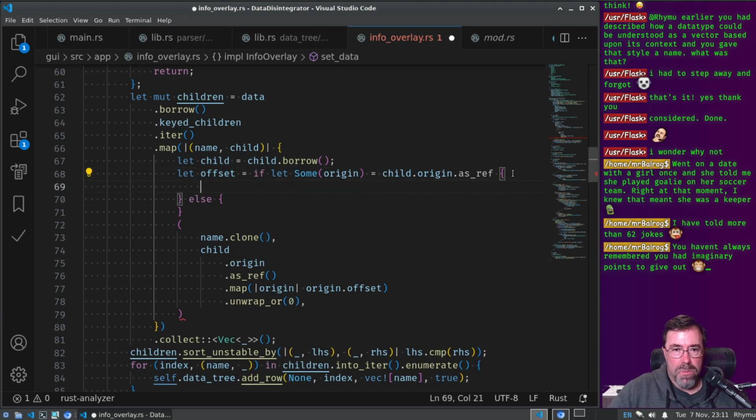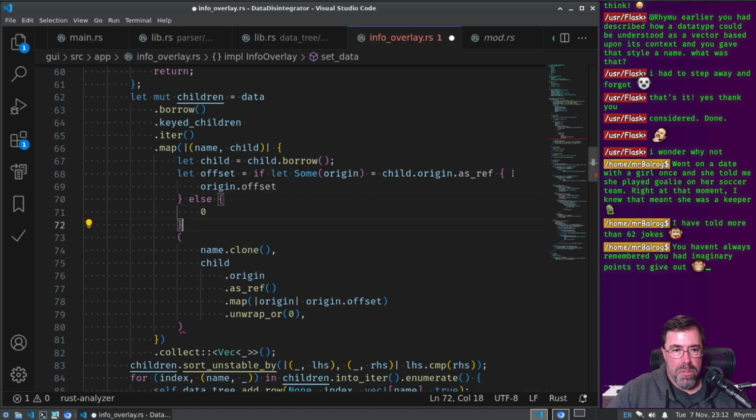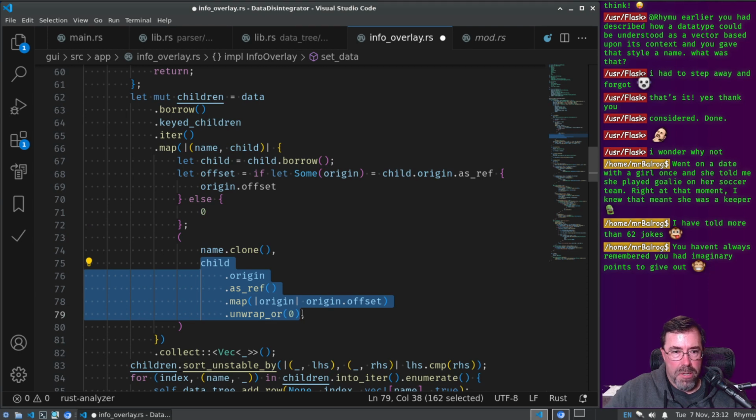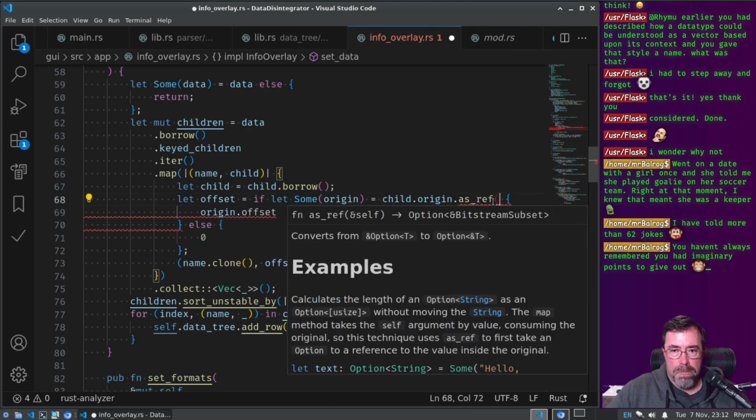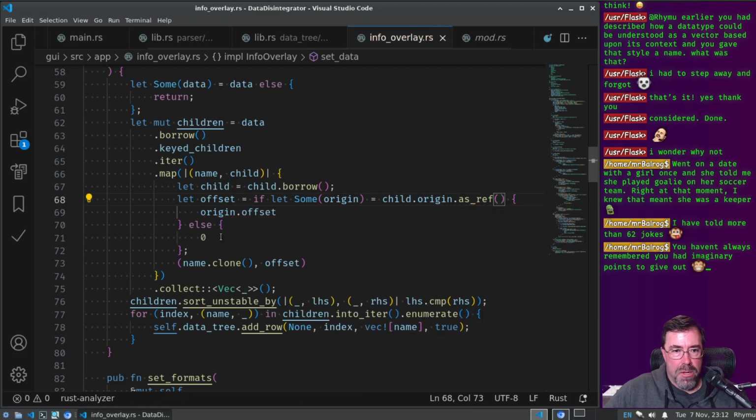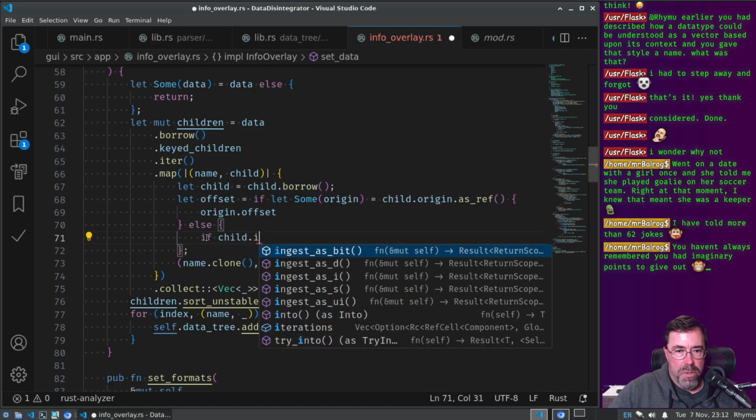So origin dot offset. Let's put this here for a second, because then I can just put offset. Now I can do more work here. So if child dot iterations